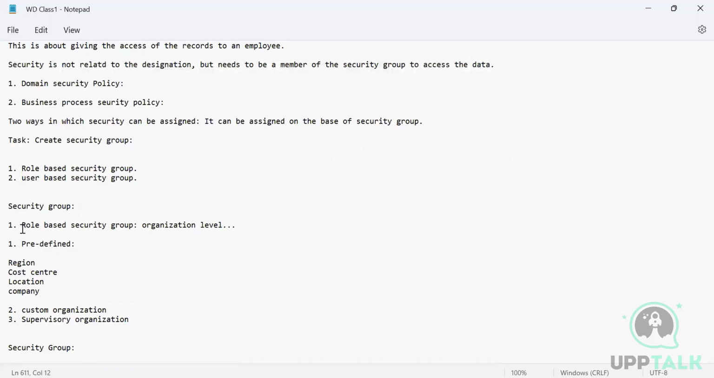So what has happened here? It means that a role which I have created, an accountant role, is going to work on an organization level, which is called a cost center. Okay. So that's the reason we always say that a role-based security group works on organization level. Now, what that organization level is,